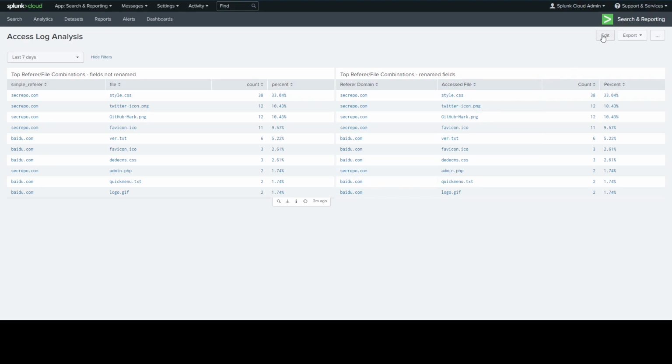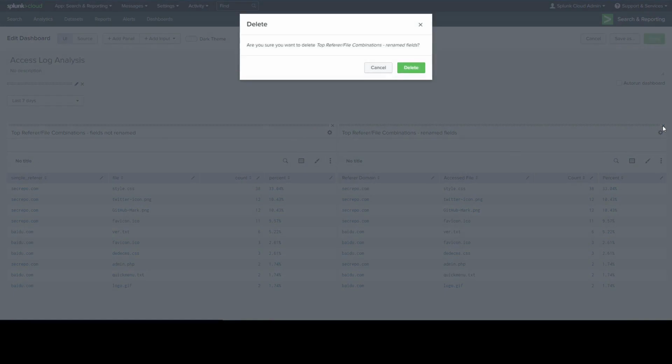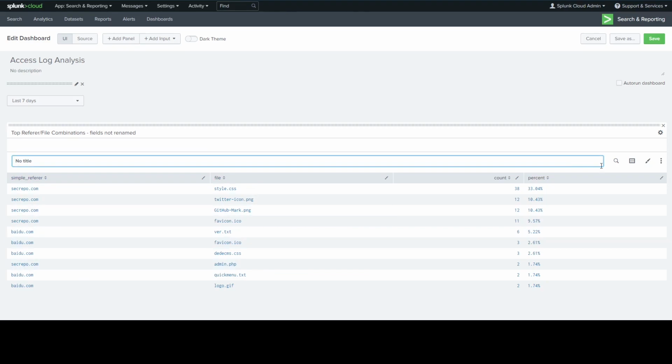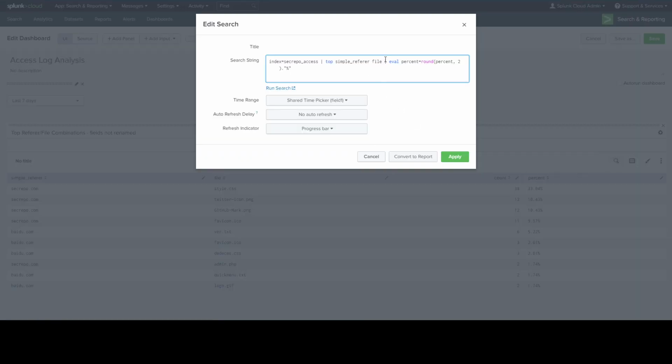So what are we going to do about this? We are going to get rid of this because it's in my way now. And we are going to, in this query, just duplicate this field and this field, but using those nice field names. So we're not going to get rid of those. We're not going to rename. We're just going to eval two more fields. We've got Refer Domain equals simple referrer and Accessed File